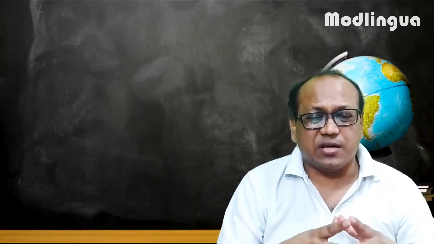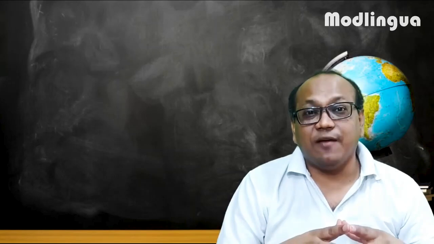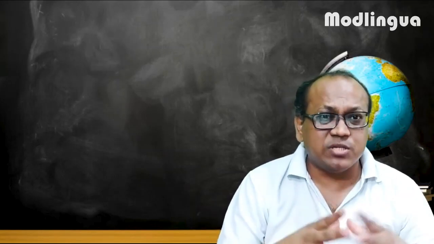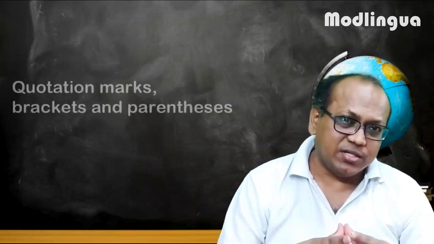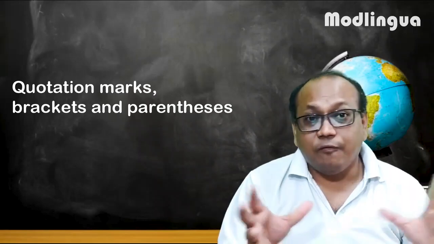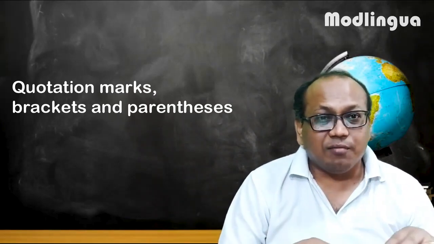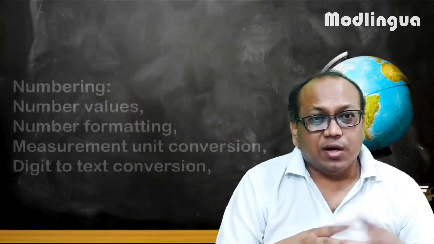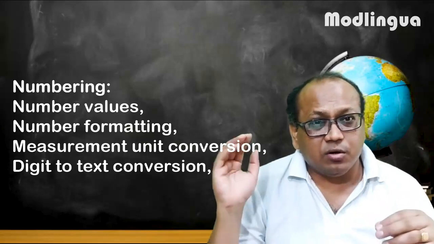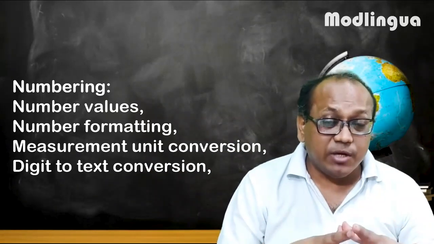Only one or two parameters are allowed for you to play with errors. Otherwise, if you make mistakes on the other points, your translation is rejected or you are penalized. Similarly, quotation marks, brackets, parentheses. Also numbering, where you can have problems, and number formatting. Font is wrong, there is a comma there. Many times with measurement units, in the US we are talking about gallons, in India we are talking about kgs. So those can also create a big problem.